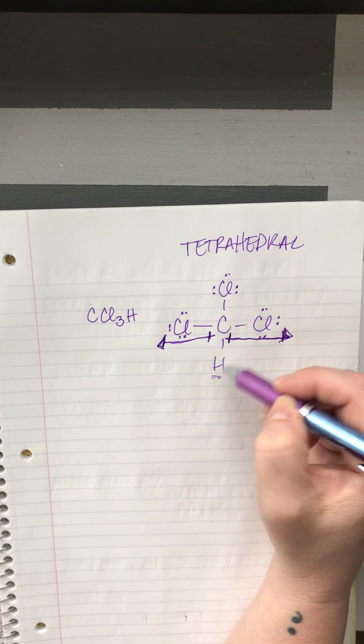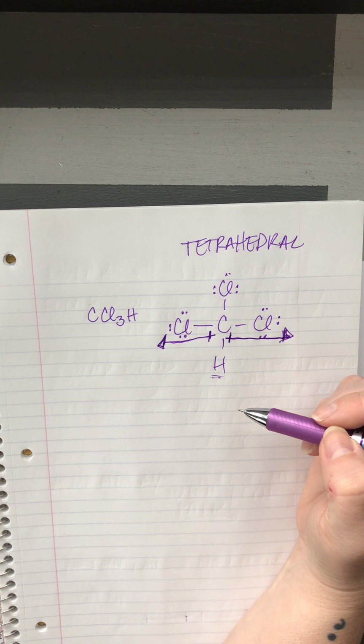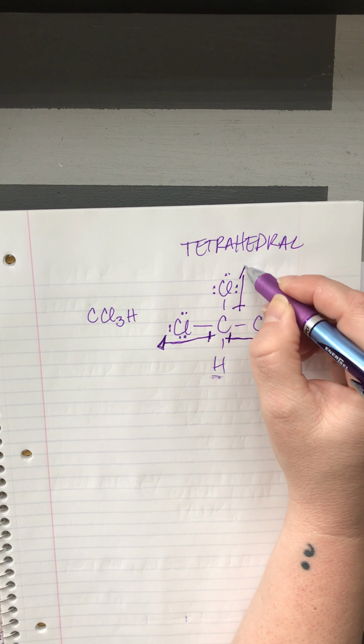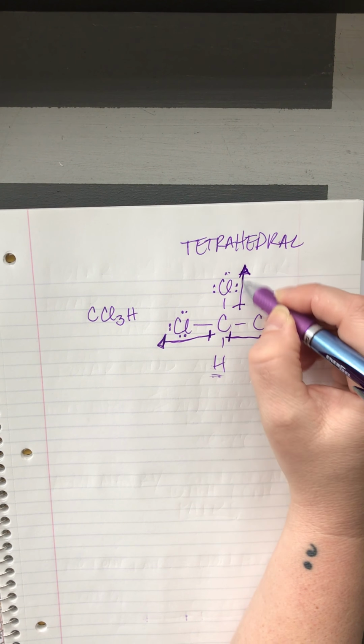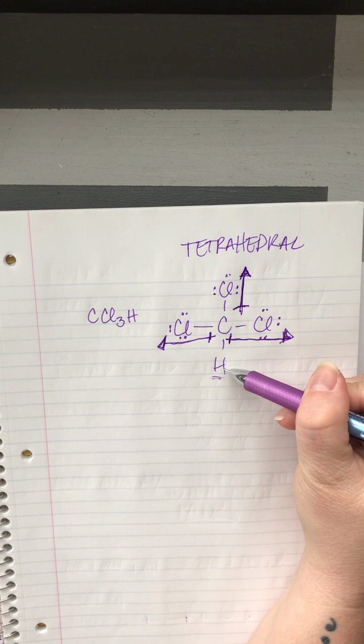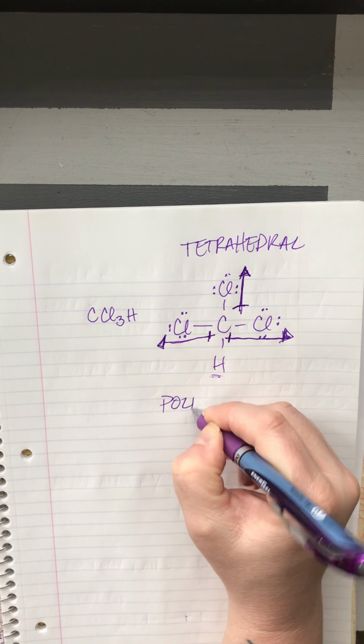But now carbon and hydrogen, is that a polar bond? No, that's nonpolar, right? So you're going to have a dipole that looks like this, and there's nothing to cancel it underneath, right? So this is a polar